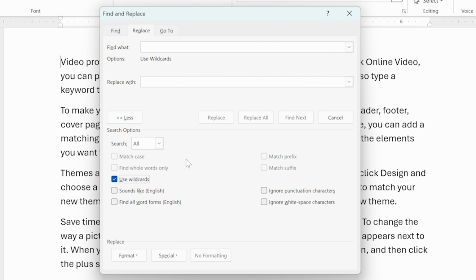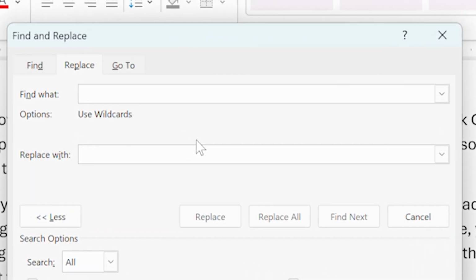Now we can use a pattern in the Find What box to indicate what we want to find. In this case, I'm going to enter a pattern that may look a little bit strange to you. It's a backslash, followed by an asterisk, and then a left parenthesis, another asterisk, a right parenthesis, another backslash, and finally another asterisk. This pattern tells Word to search for an asterisk, followed by any text, and ended with another asterisk. There are 3 asterisks in this search pattern,